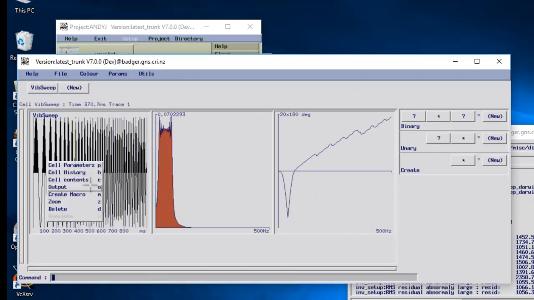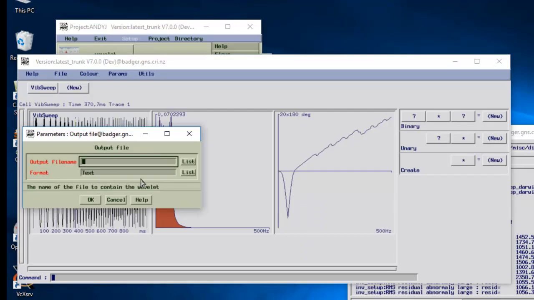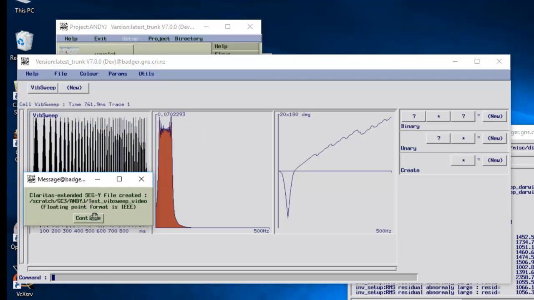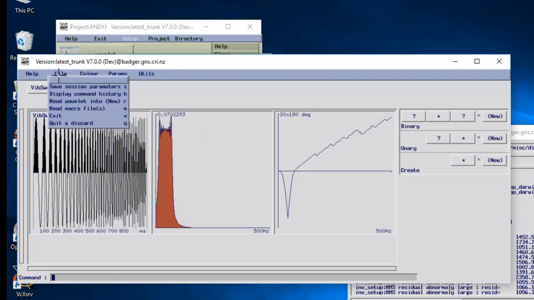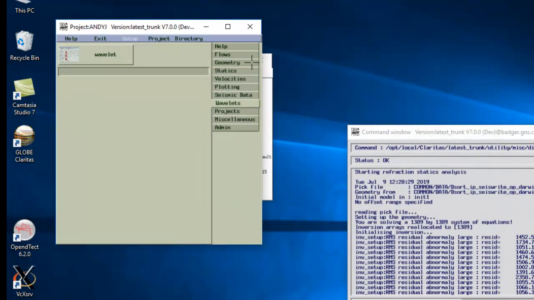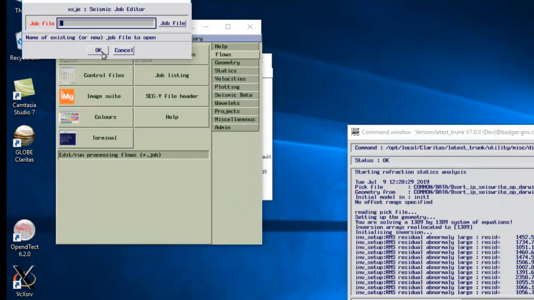And then we can save that out as a text or a SEG-Y file. In this case, we'd save it as a SEG-Y file. Test vibe sweep video. And that writes it out into the data directory in this case. And then we can go to the job flow,